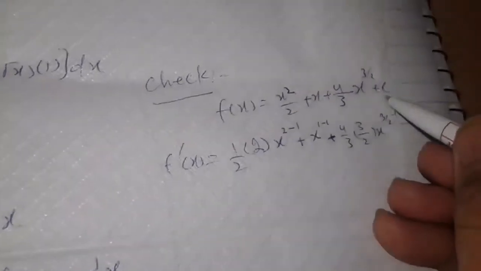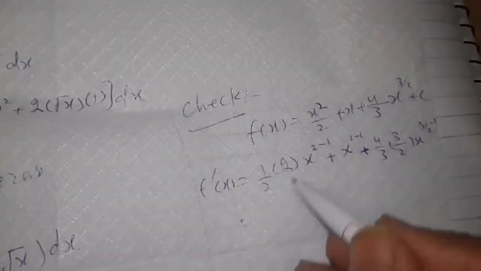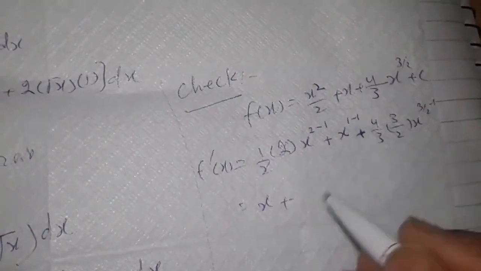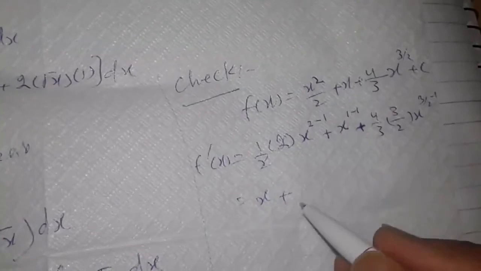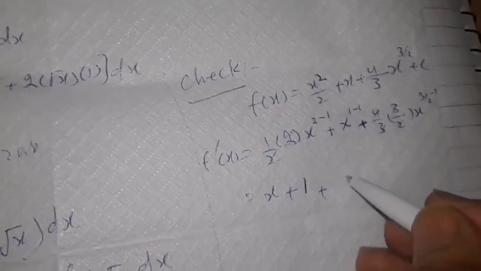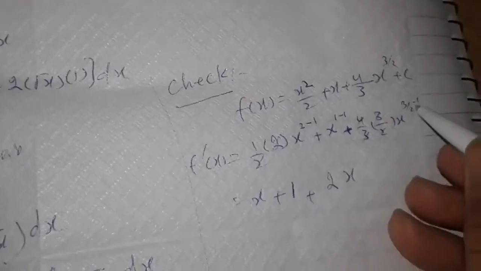And c is a constant, so its derivative is 0. We know this: 2 cancelled by 2, x power 1, plus x power 0, and something power 0 becomes 1, plus 3 cancelled by 3, 2 cancelled by 4 will become 2 into x power